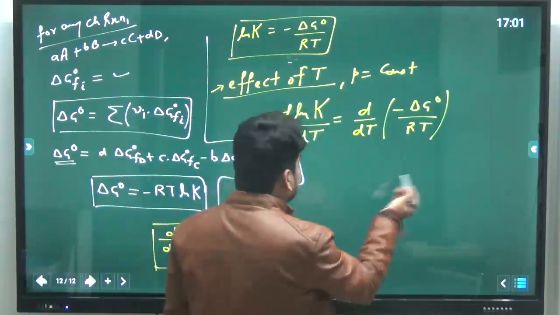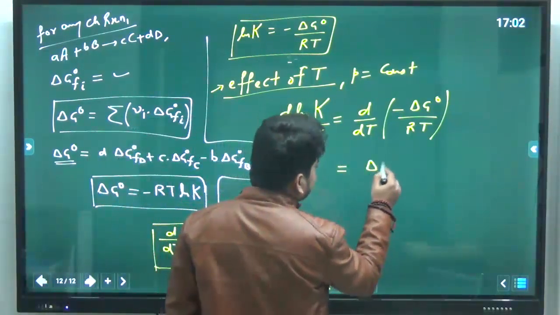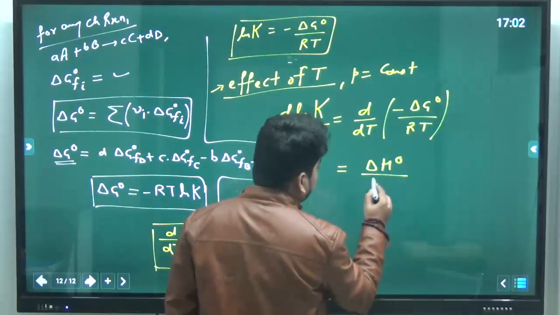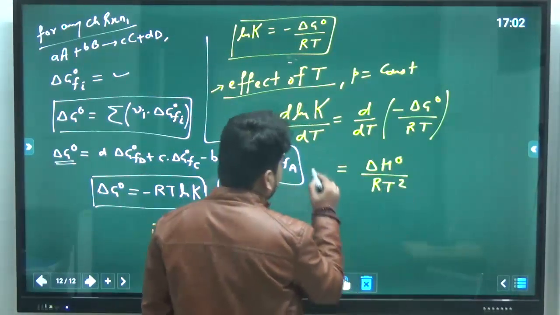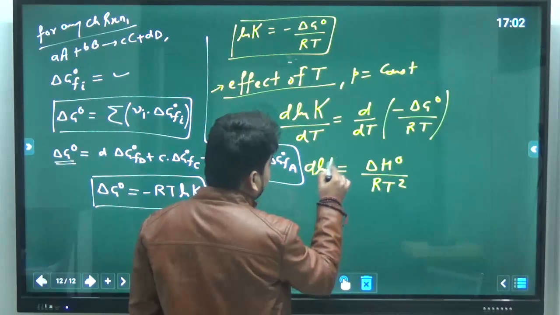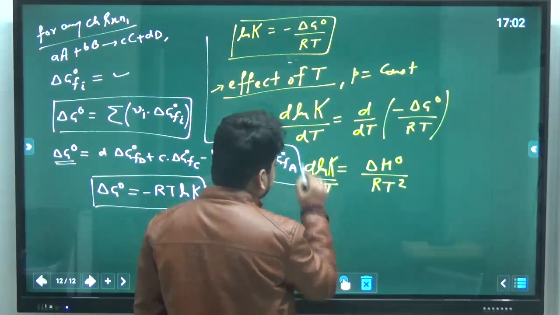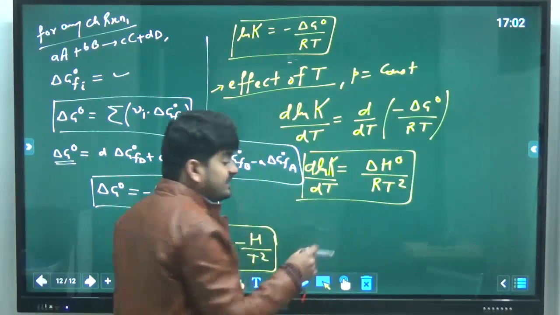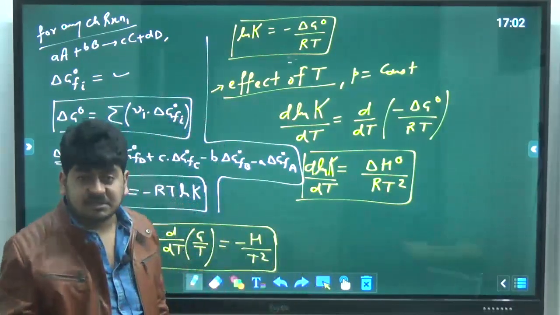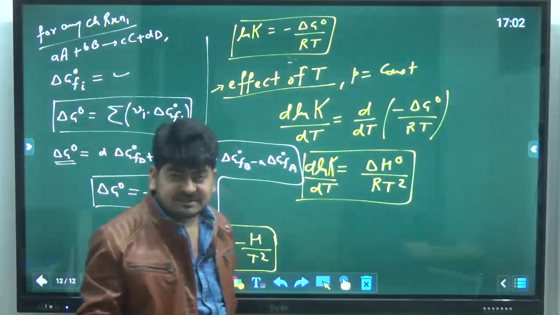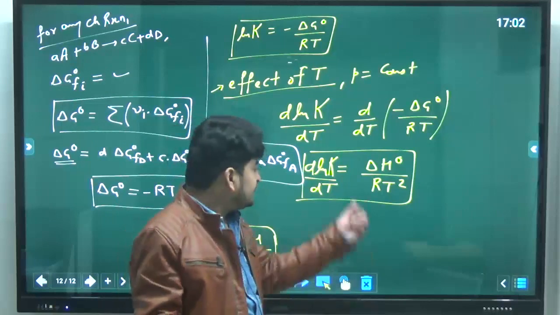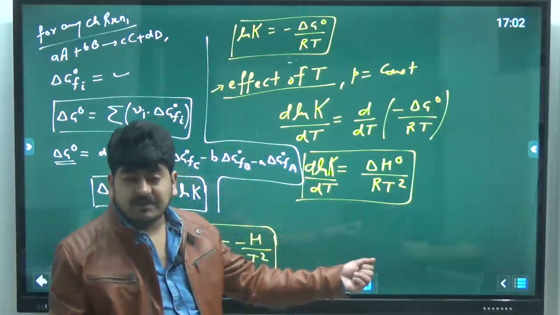So this is minus delta G naught, so it will become plus delta H naught upon R T square. So this is the effect of temperature on equilibrium constant. Okay, and in chemical reaction engineering, when we talk about the CRE subject, this equation we name